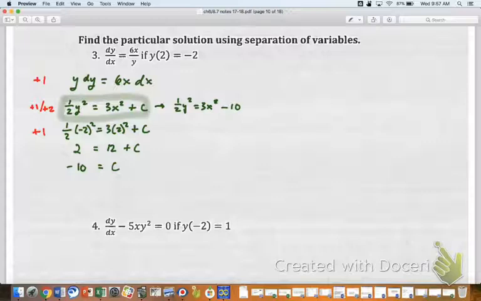So I clear that fraction out by multiplying by 2, and do you see it? Y squared equals 6x squared. Hey, we're back to being happy again. We were so stressed. That's why I said this was going to be interesting. I could see that maybe we'd have some different looking stuff in between, but